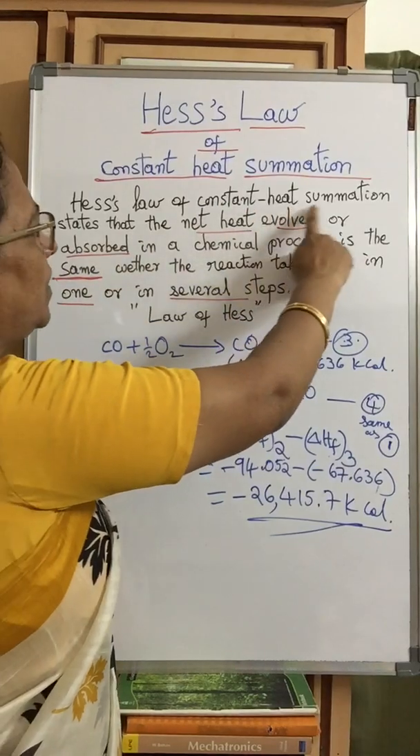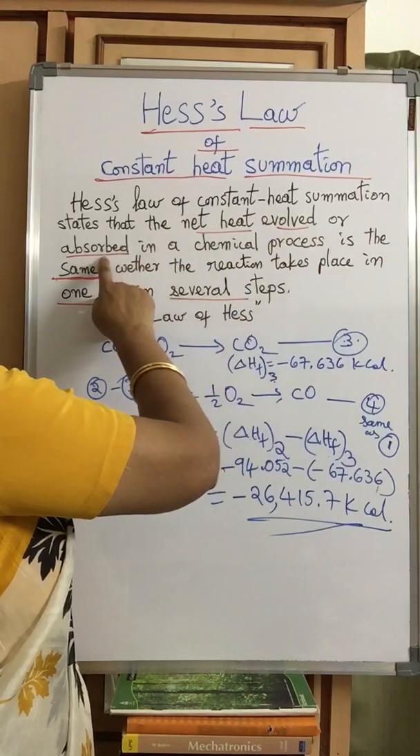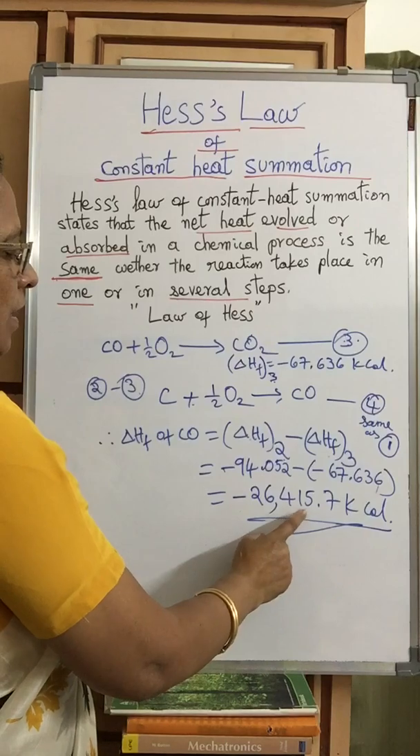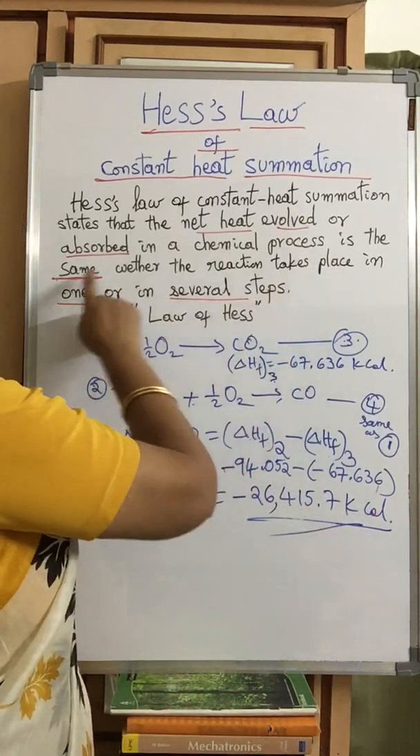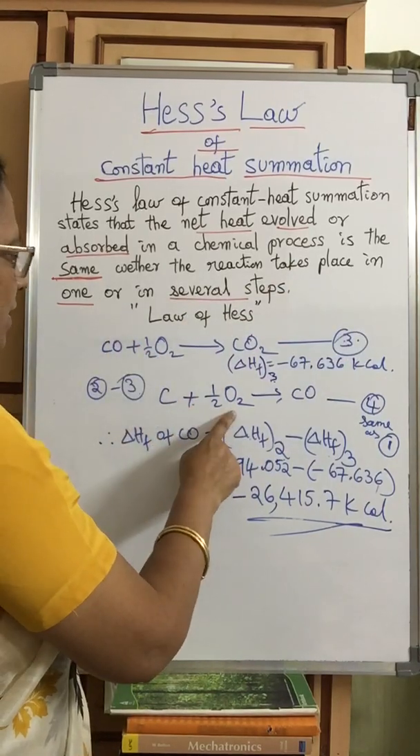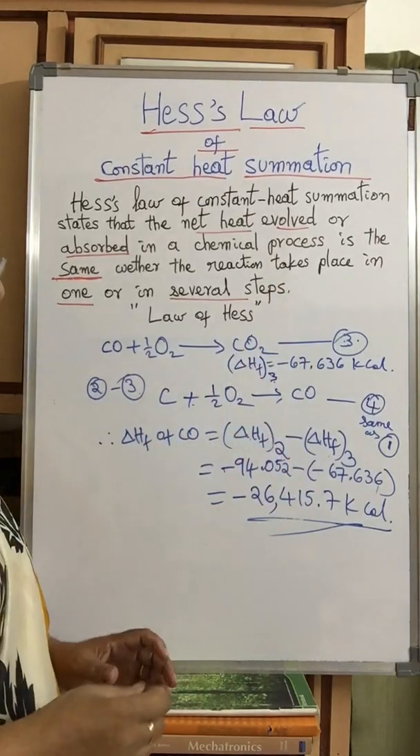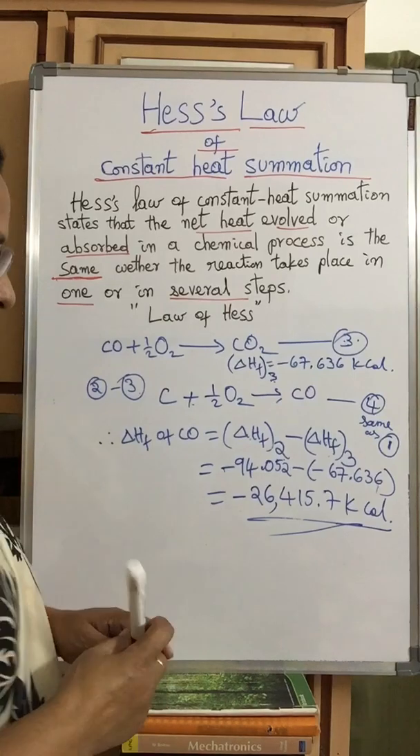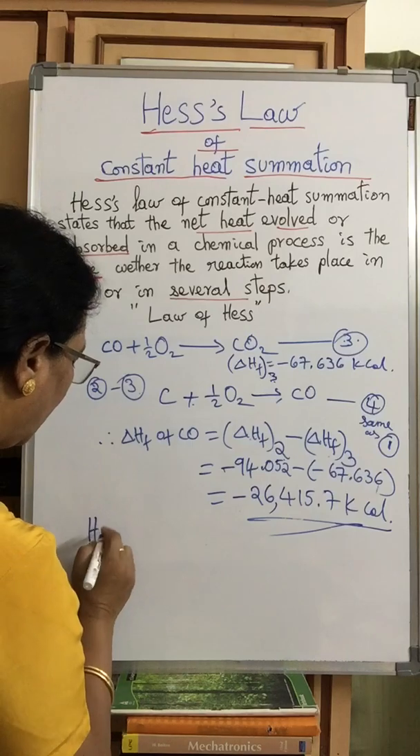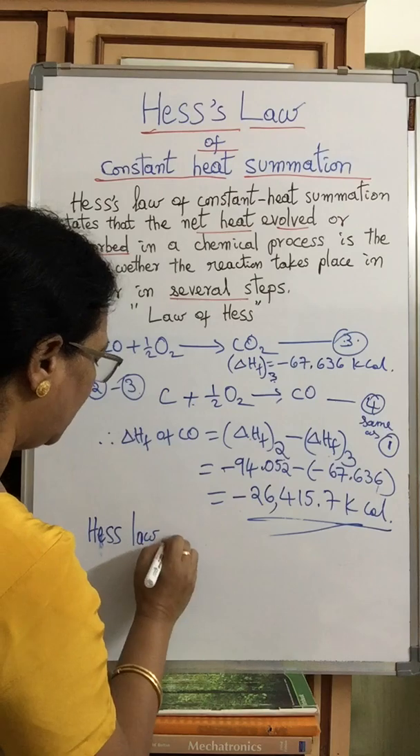Hess law of constant heat summation states that the net heat evolved or absorbed in a chemical process is the same whether the reaction takes place in one step, either this way, or in several steps, equations 2 and 3. Therefore Hess law is useful